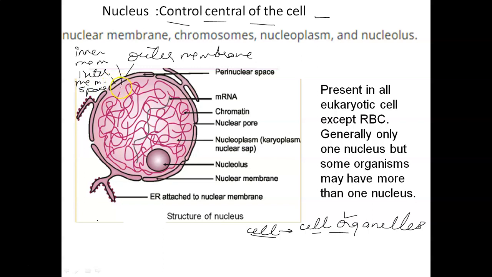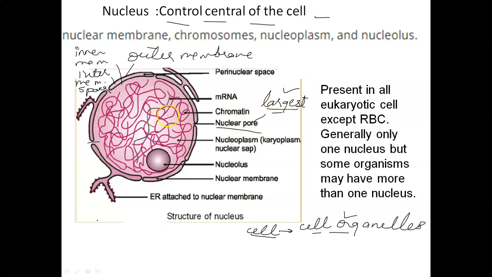One more point: mitochondria, chloroplast and nucleus, these three cell organelles are double membrane bound and they have pores in the outer membrane. Here the nuclear membrane has pores, you can see here, and the nuclear pores are the largest. Now, can you think why the nuclear pores are especially larger in size? I'm going to tell you.